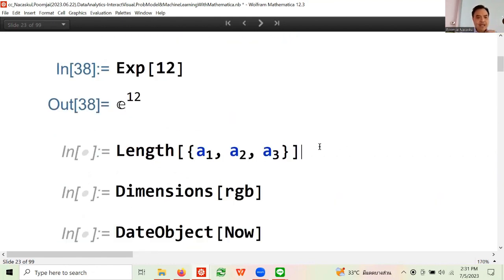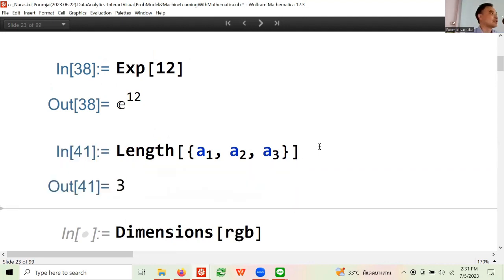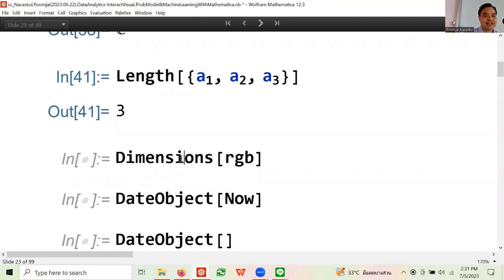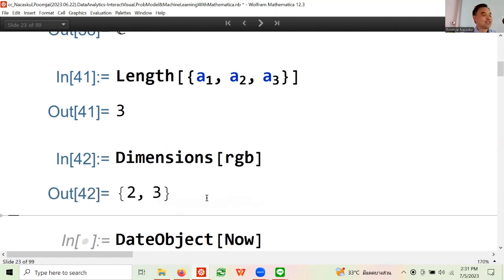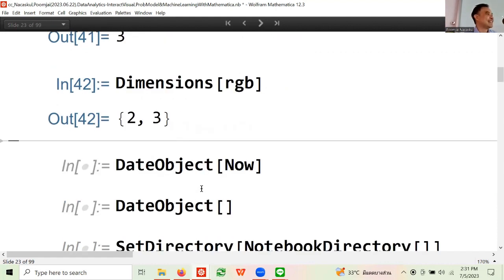Now, another useful function is Length. And this obviously means if you have 3 things, the length is 3. Now, Length only works for a list of things. But what if you want a list of lists, like what we saw right now? One of you just said it's an array. So RGB is an array. So what's the dimension? 2 by 3. See that?